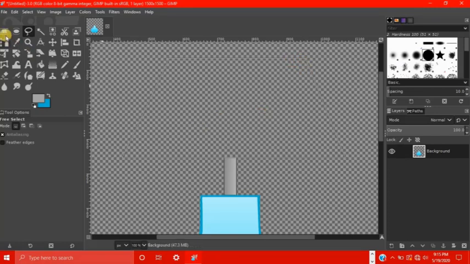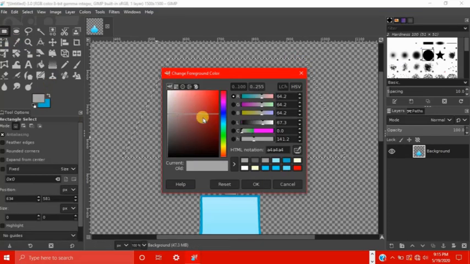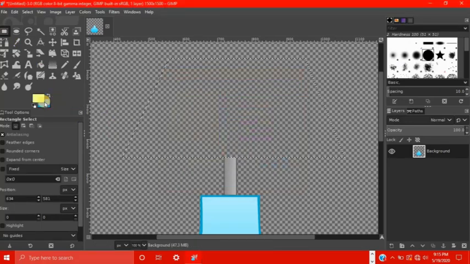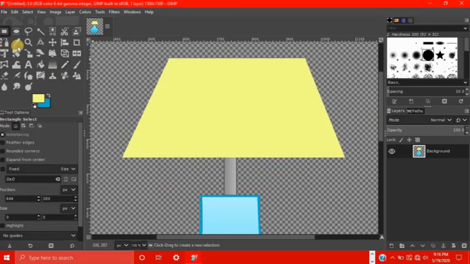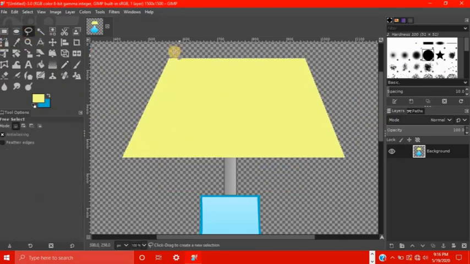Alright, this doesn't look bad. Now let's fill that in with some sort of a cream color. So let's go down to yellow, to the white area, and select a nice cream color for the outline. Fill that in. Alright, so let's go back to the box select, click outside of the selection, and go back to the freeform